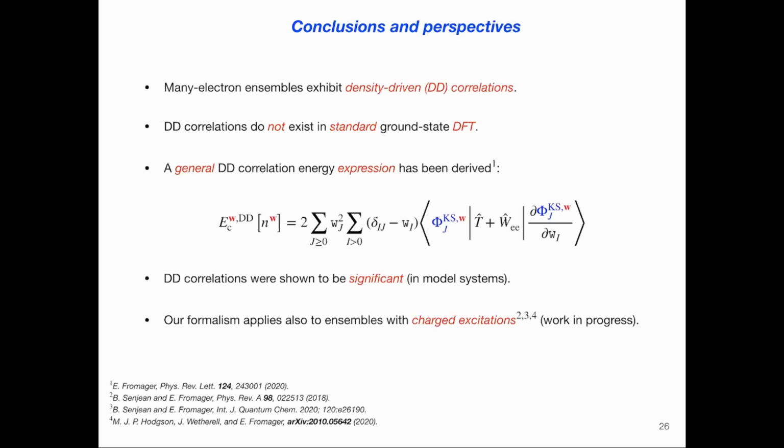I've shown on a very simple example that these effects can be substantial. Obviously, now we should test that on ab initio systems and try to see if really this is very substantial in realistic systems, okay? And one last thing I'd like to say is that I focused here on neutral excitations, but in fact, we have recently